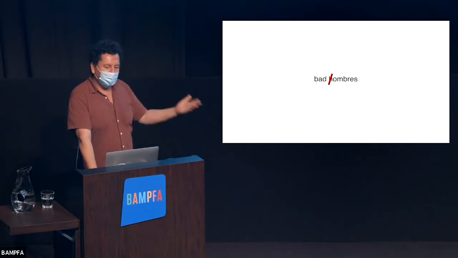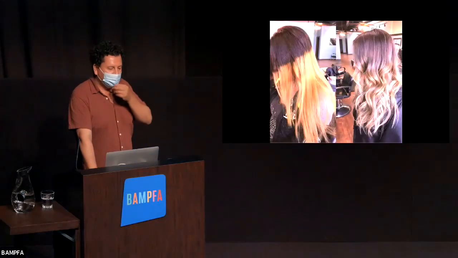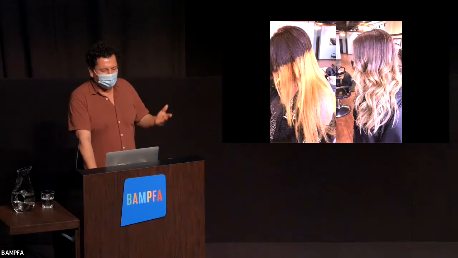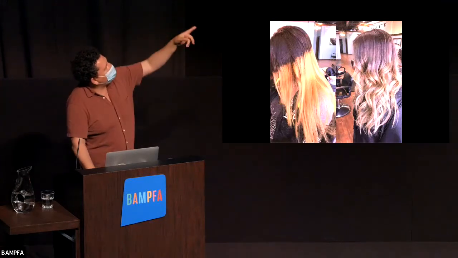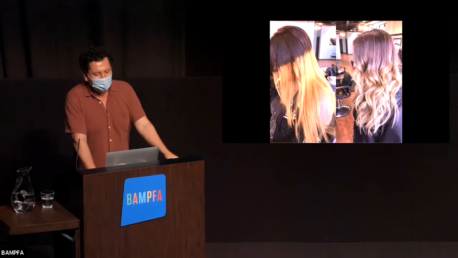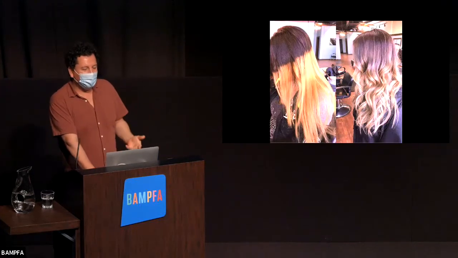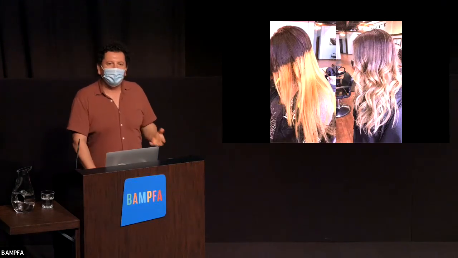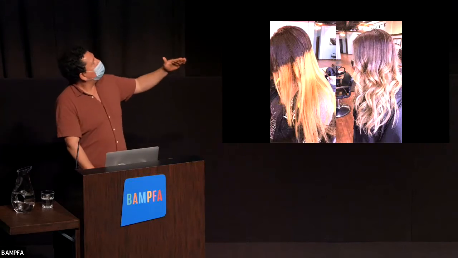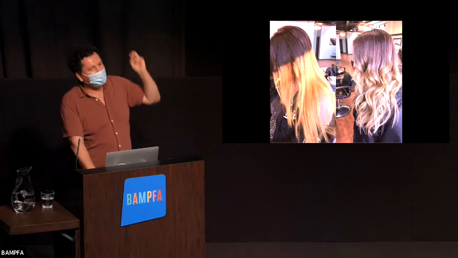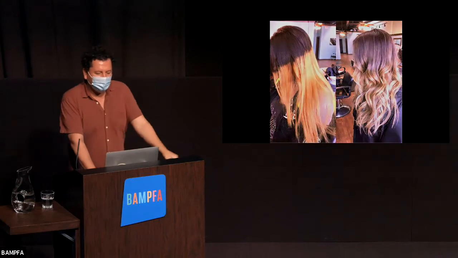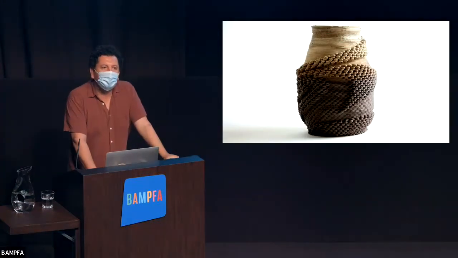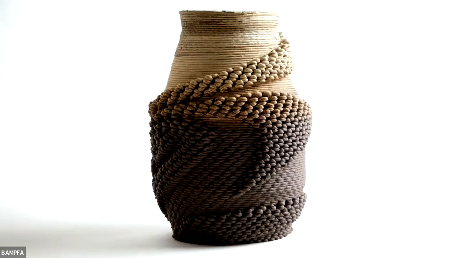And that gradient, that we find at the border, in the world of hairstyle, I think what's on the left is a bad ombre, and maybe that's a good ombre on the right, I don't know. But those kinds of gradients are what we find on the borderlands. We find times that there's a strict division between two sides, and sometimes we find that kind of blending that I find to be really fascinating and interesting. So we made this series of objects called Bad Ombres, which used